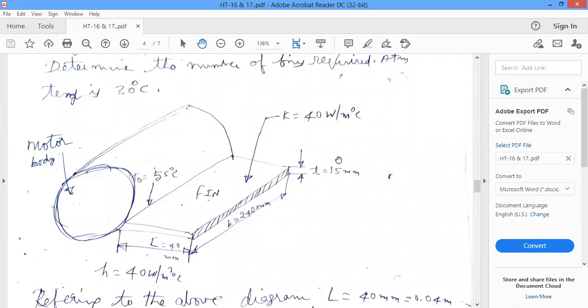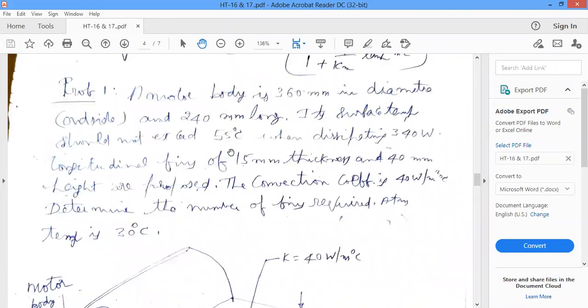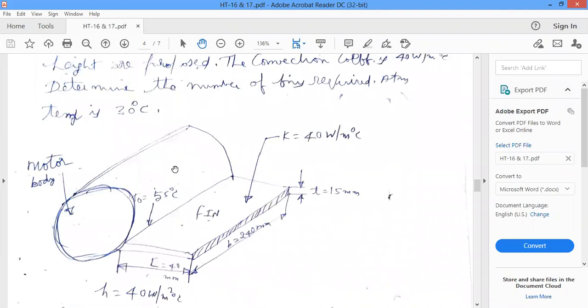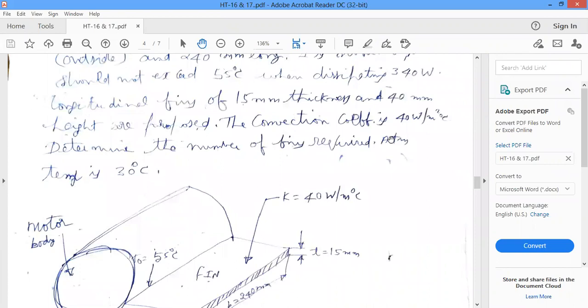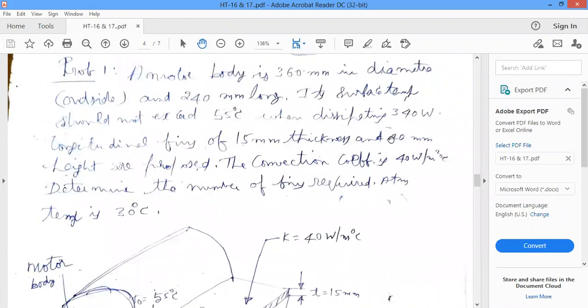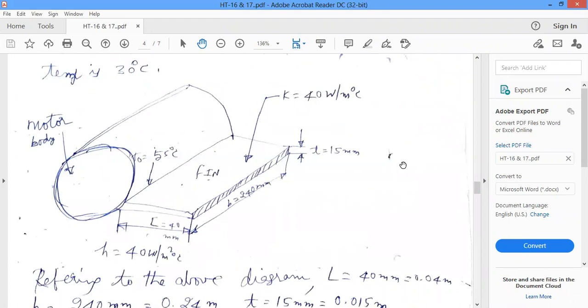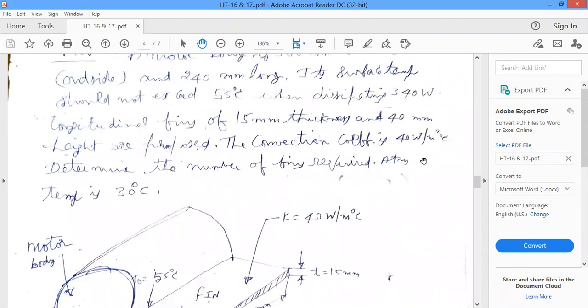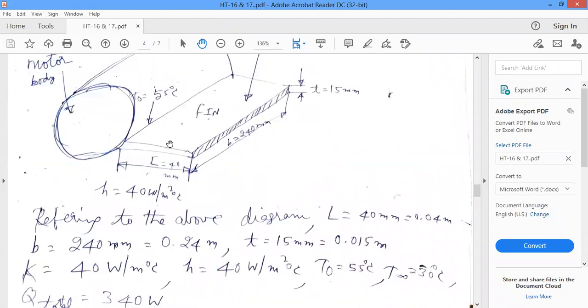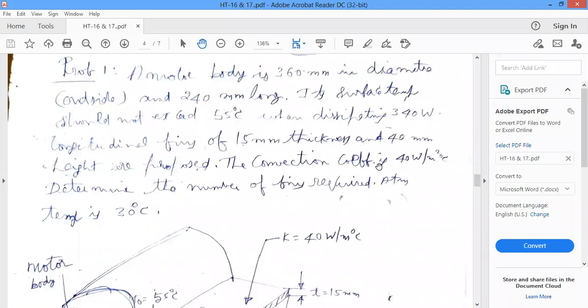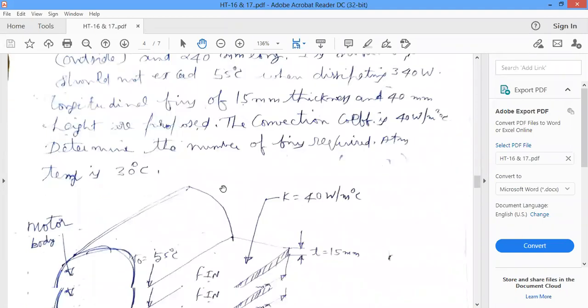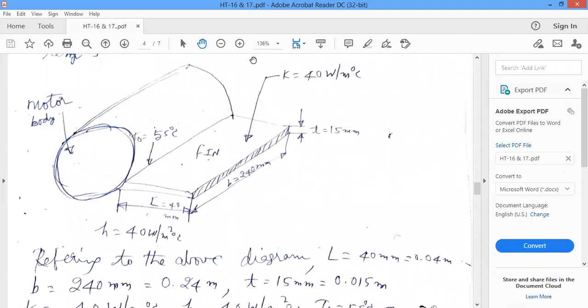But here total heat dissipated by the shaft with the help of some number of pins, 10 pins or 9 pins or 8 pins. So total heat dissipated is 340 watts. But how do you calculate the number of pins that are required to dissipate a heat of 340 watts? First you have to calculate the heat dissipated by a single pin. Then with that calculated heat in watts, you divide the 340 by that single pin heat dissipation. Then you will be getting